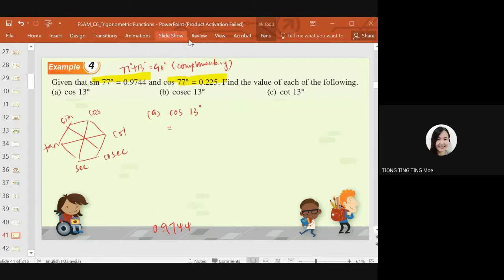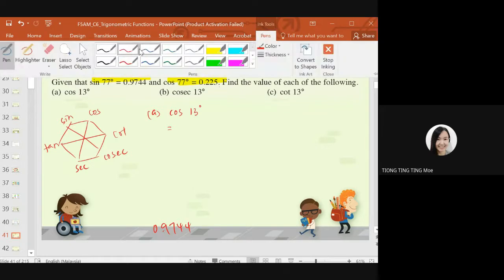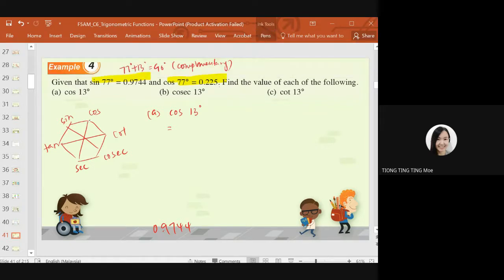So if you cannot remember, never mind. We just draw out our hexagon. Okay, we put an arrow. Cos is complementary with whom? Next to it is sin, right? Okay, complementary with sin. Sin of 90 degree minus 13. Complementary. So it's sin 77 degree. Correct? Sin 77. Okay, it's here. Sin 77 equals